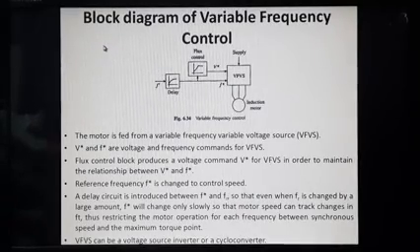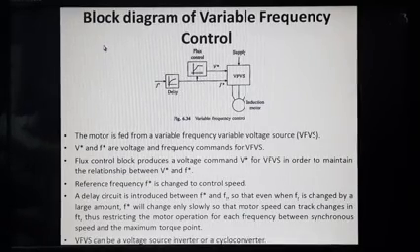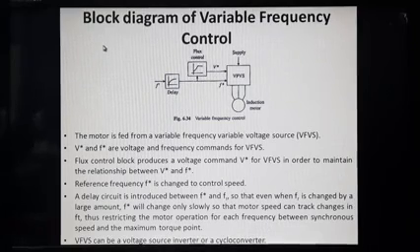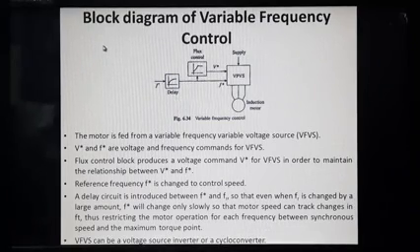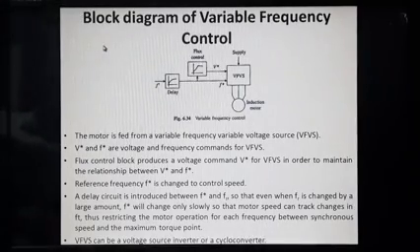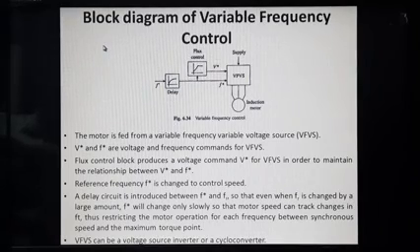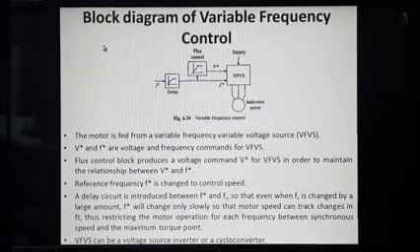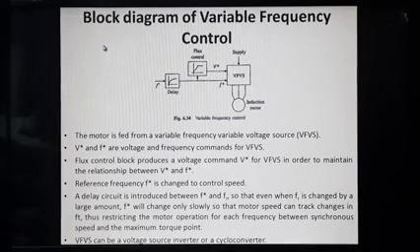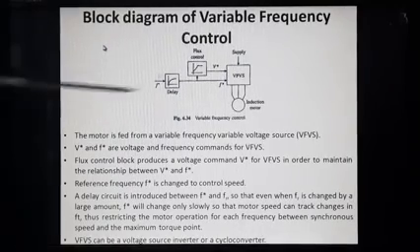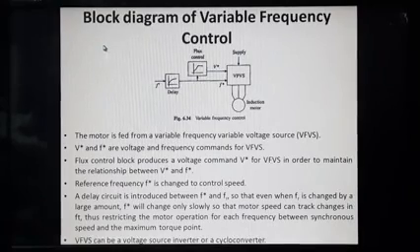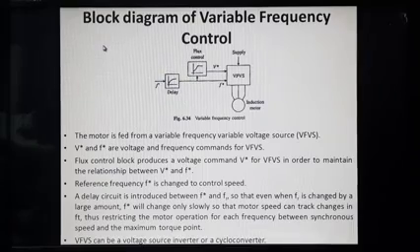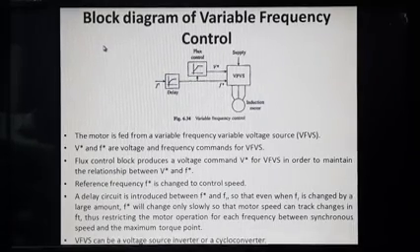Why we have to maintain the V by F ratio constant has already been explained in the previous slides, in order to maintain the flux at a constant value. So that's why it's given the name flux control, because whenever you are trying to reduce the speed below the base speed, definitely you will have to reduce the value of frequency. When you reduce the frequency, simultaneously you have to reduce the voltage also. To what extent you have to reduce the voltage will be controlled by this flux control block. It will ensure that the voltage is reduced in such a way that the flux remains a constant value.